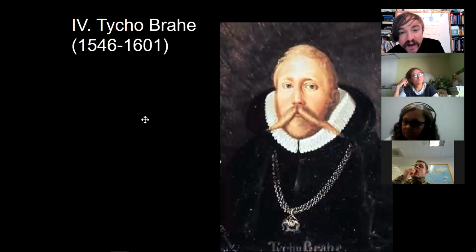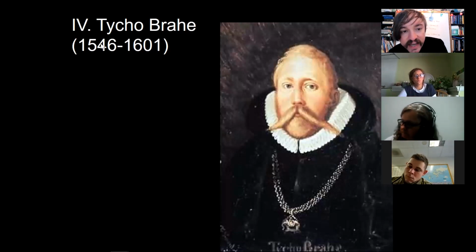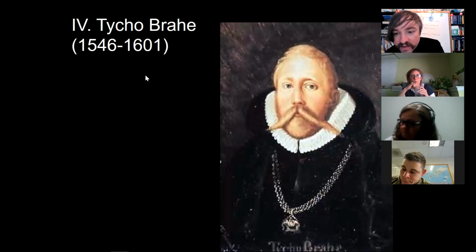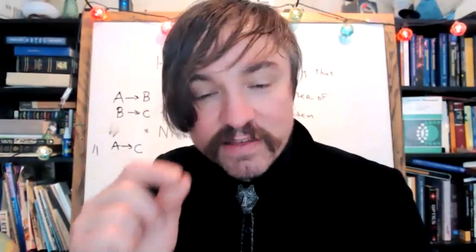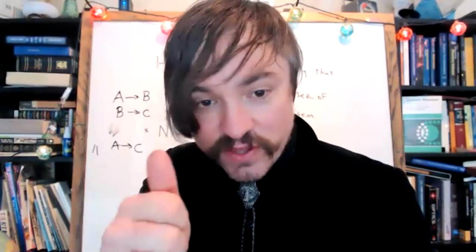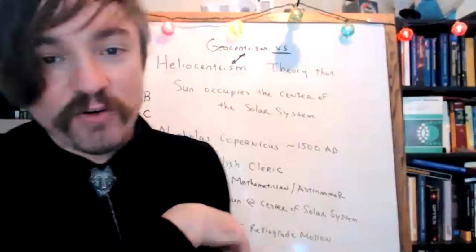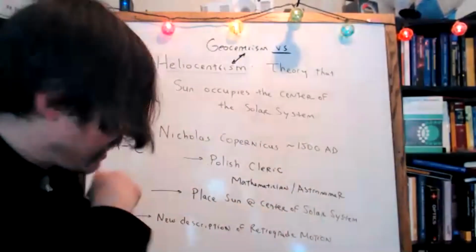His name was Tycho Brahe, and he was a Danish astronomer that lived shortly after Copernicus and is considered by modern astronomers to be the greatest naked eye astronomer ever to chart the positions of stars. Tycho Brahe was the last major astronomer to do astronomy without the use of a telescope. And apparently he did a pretty good job of it.